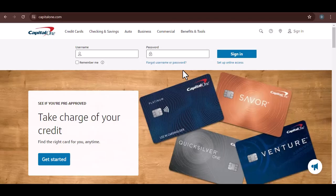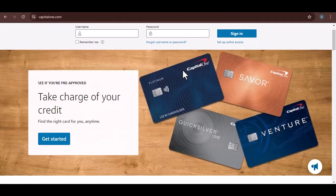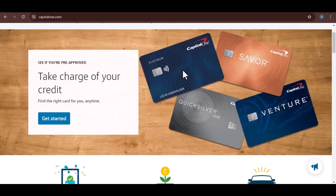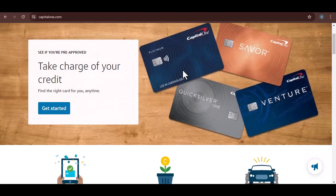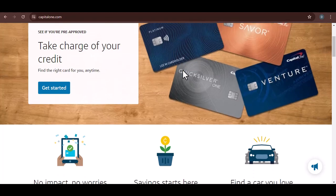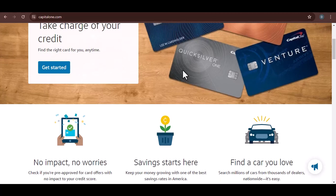Can you swipe away with Capital One's virtual card? Ever been at the checkout line, ready to buy that fancy new gadget, only to realize you left your wallet at home? Or maybe you're worried about using your actual credit card for an online purchase. We've all been there. Thankfully, the world of digital finance offers some clever solutions, and Capital One's virtual card is